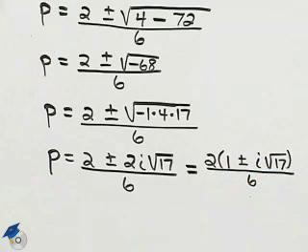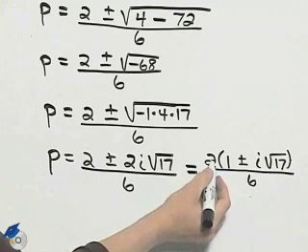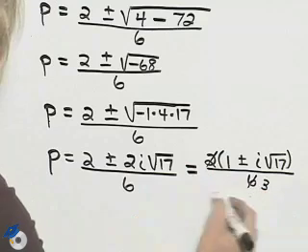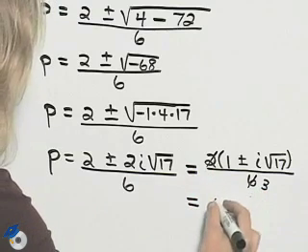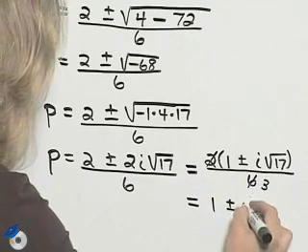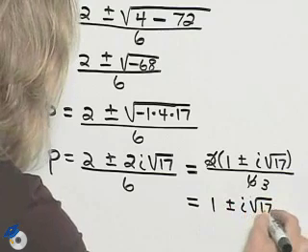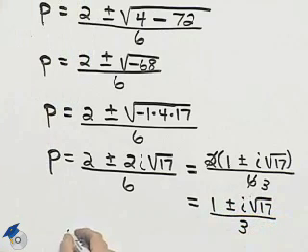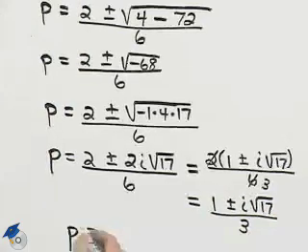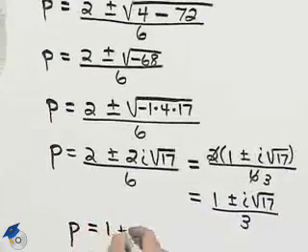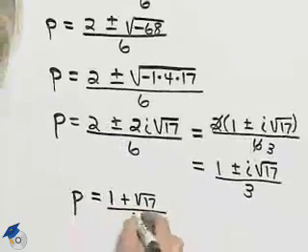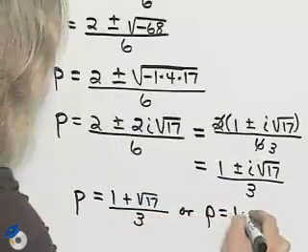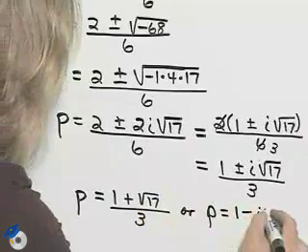I can now divide out a 2 from the 2 and the 6, and I'll have a 3 in the denominator. So I'll end up with 1 plus or minus i times the square root of 17 over 3. So finally, I can write my answer as p equal to 1 plus i times the square root of 17 over 3, or p is equal to 1 minus i times the square root of